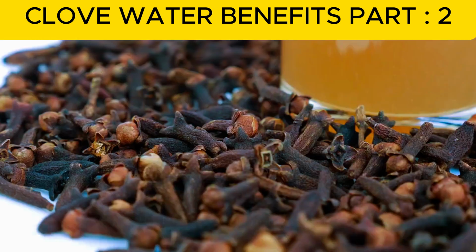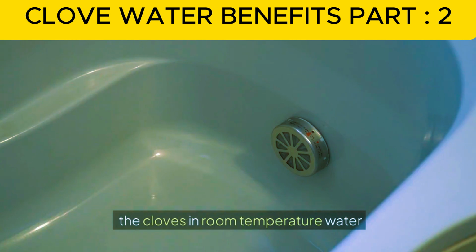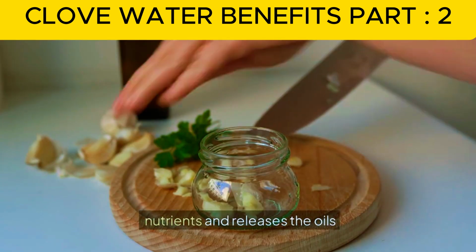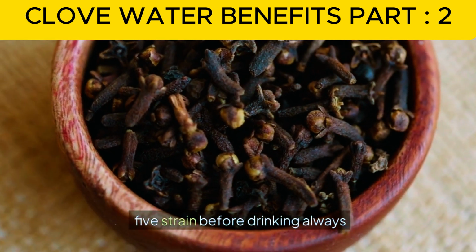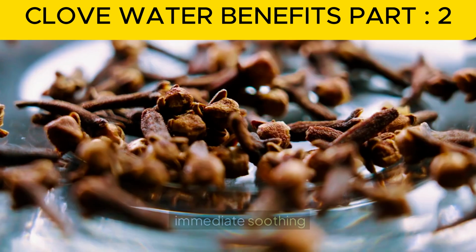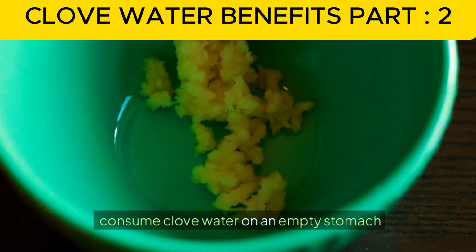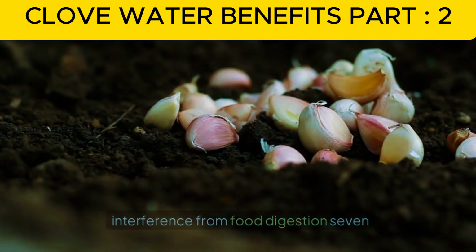4. Try the overnight soaking method for a more potent infusion. Soak the cloves in room temperature water overnight. This method preserves delicate nutrients and releases the oils gradually for a more nutrient-rich drink. 5. Strain. Before drinking, always strain the clove water to remove the cloves before consumption. Drinking it warm enhances absorption and provides immediate soothing effects. 6. Drink it at the right time. Consume clove water on an empty stomach in the morning to allow your body to absorb its nutrients without interference